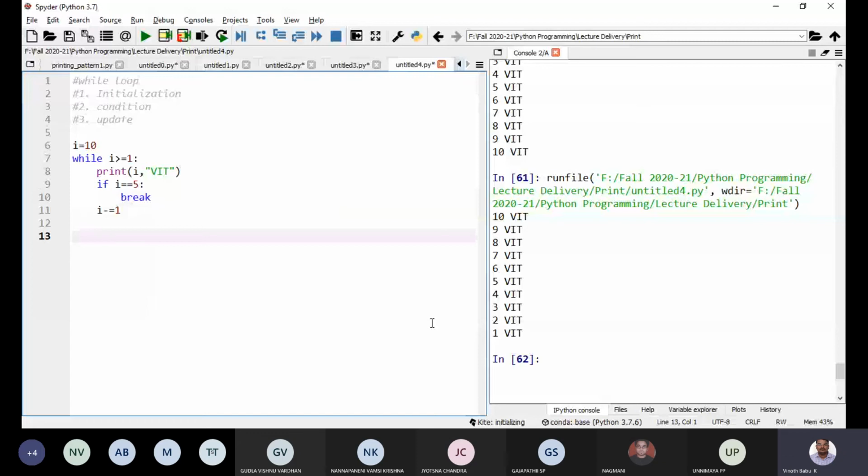So any guess what could be the output here? What will be the output?